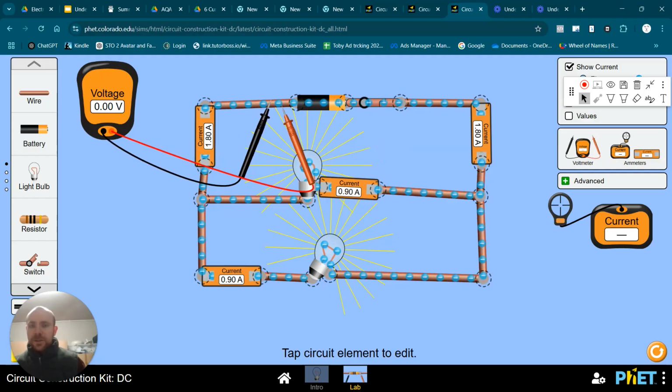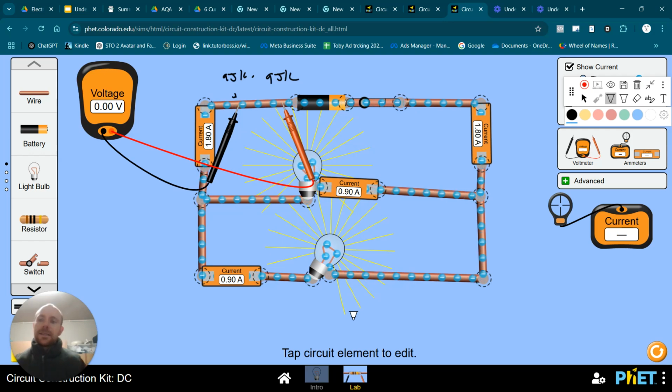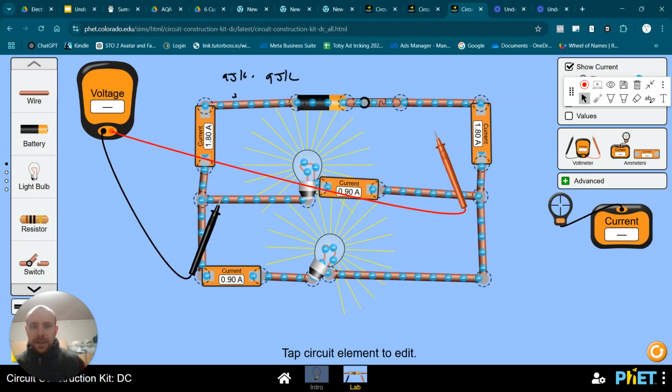If I wanted to know what the potential difference between these 2 points is, I might say they've got 9 joules of energy each. These coulombs have got 9 joules of energy here, 9 joules per coulomb, and at this point I've still got 9 joules of energy. So the difference is 0 volts. These 2 points are in series. There is no choice to be made regarding which way these coulombs are going to travel, which way this current is going to flow. But the thing to be aware of when we're talking about parallel circuits, as opposed to series circuits, is that